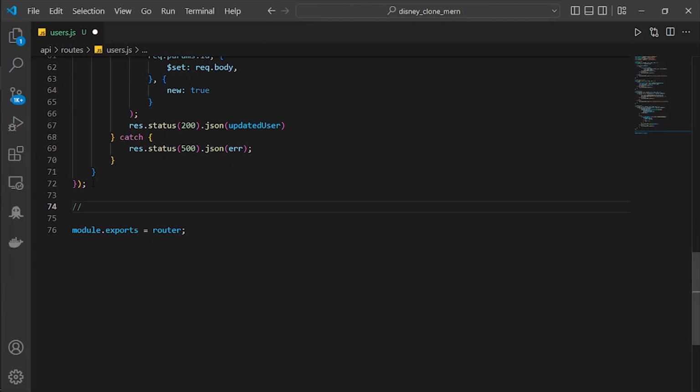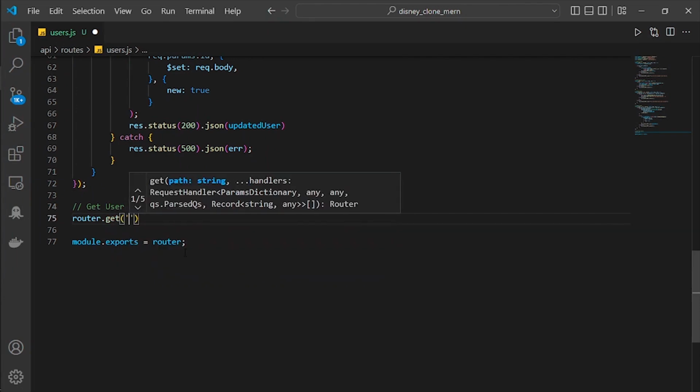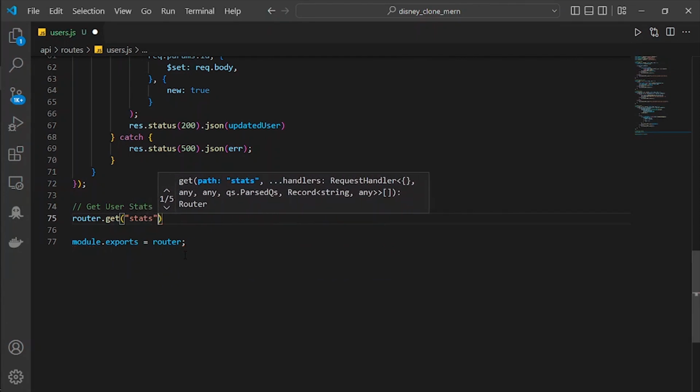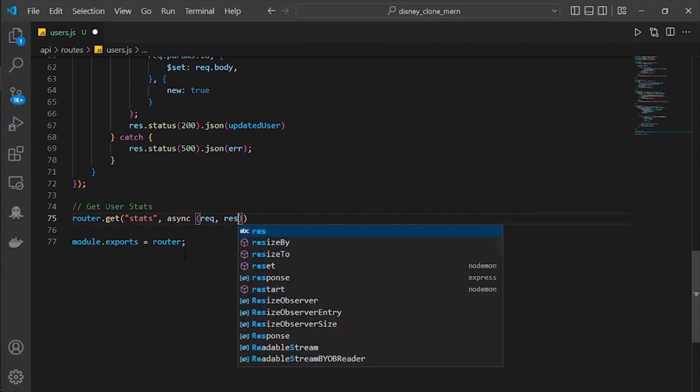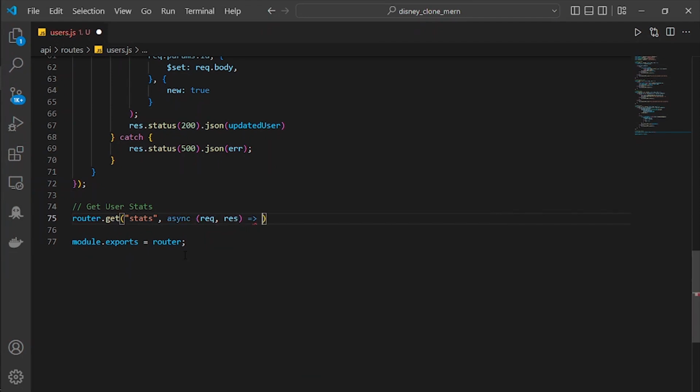So basically it will get all of the users in a month. For example, for September it has 5 new users, and in December it will have 6 new users, and so on. And here for the get user stats, it's going to be router.get and then "/stats", comma, async, and it is the same as the others. It will have the request and the response, and then it will have